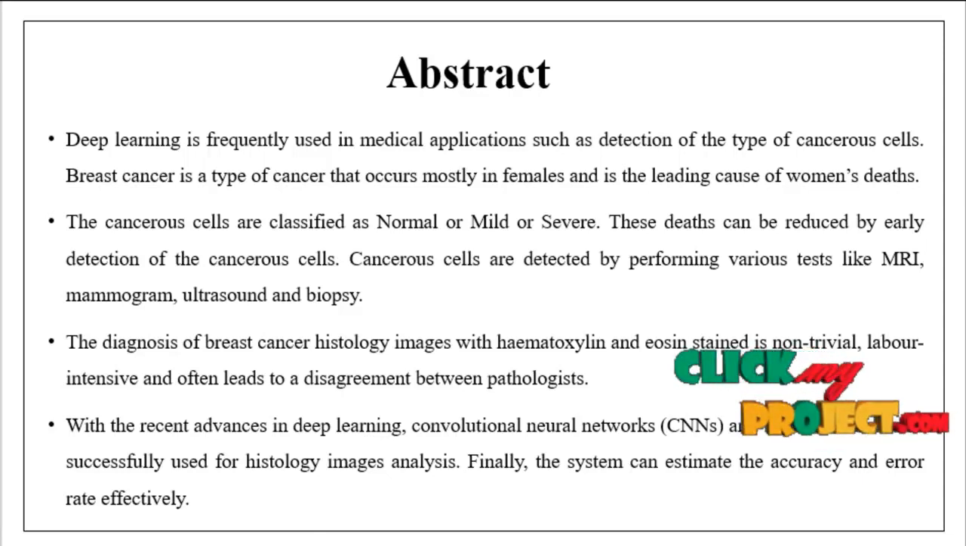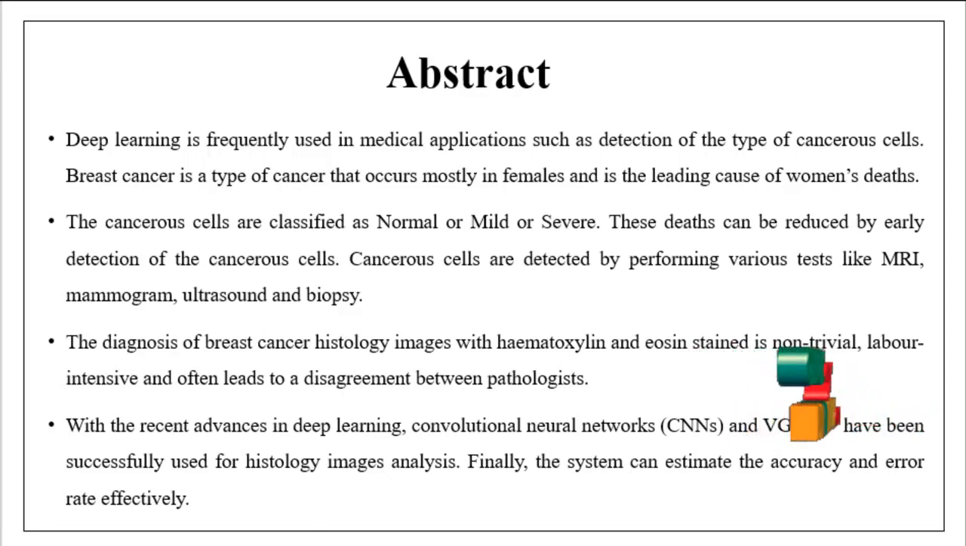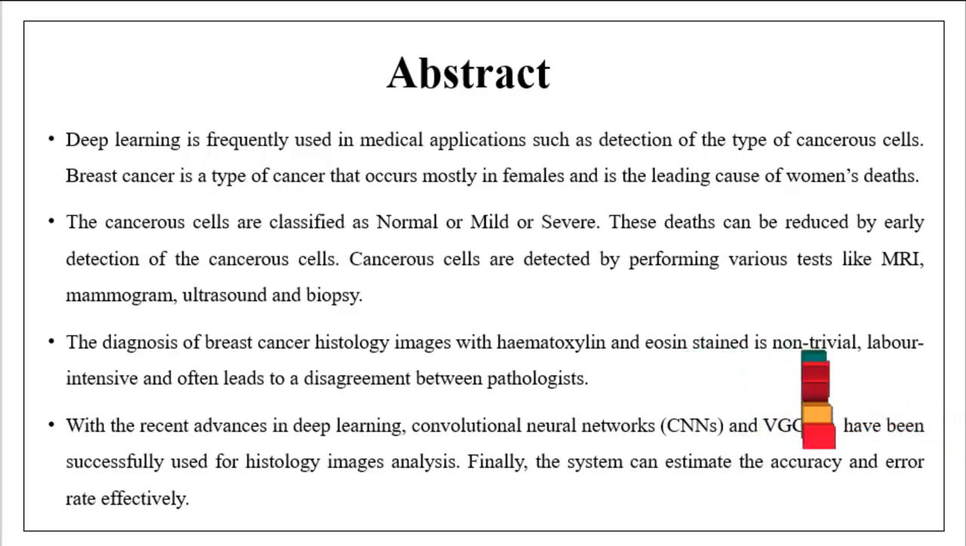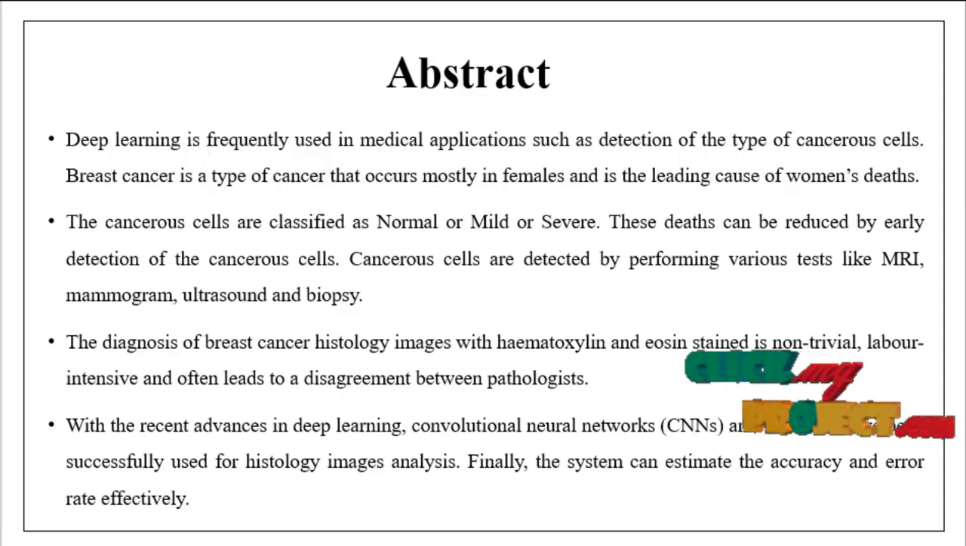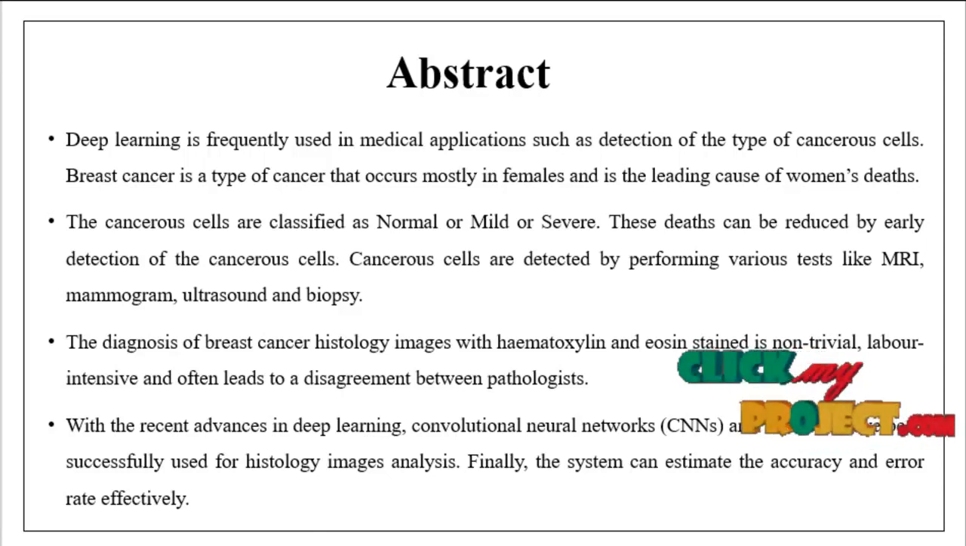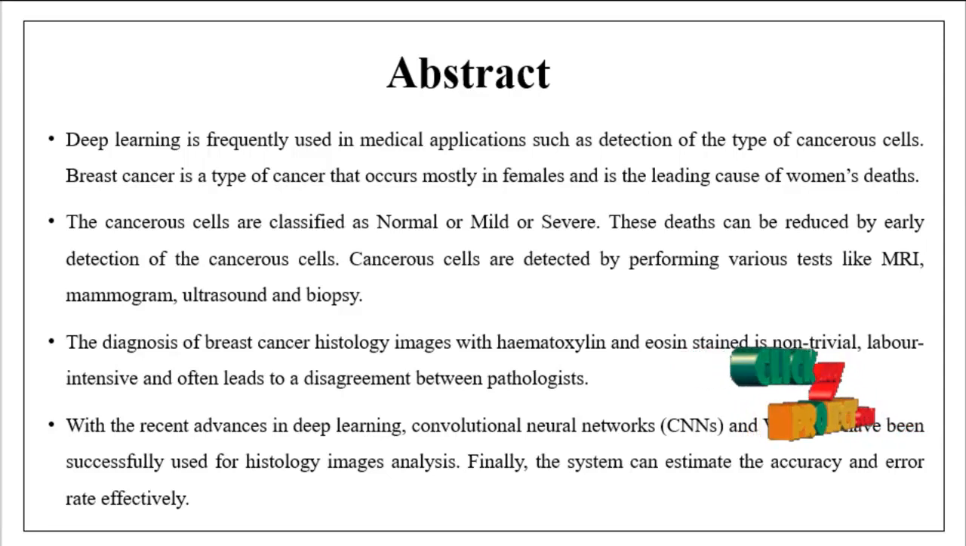These deaths can be reduced by early detection of the cancerous cells. So, cancerous cells are detected by performing various tests like MRI, mammogram, ultrasound, and biopsy. The diagnosis of breast cancer histology images with hematoxylin stain is non-trivial, and leads to disagreement between pathologists. So, with the recent advances in deep learning algorithms such as convolutional neural network and VGG19,